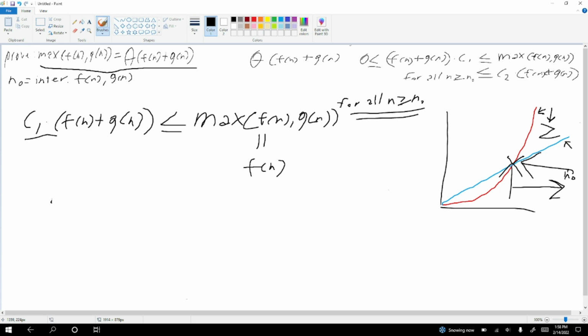So that's equal to f of n, right? We know that that's true. And we know that since g of n is less than or equal to f of n,